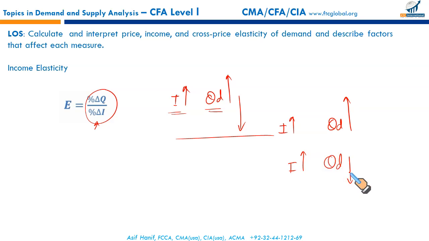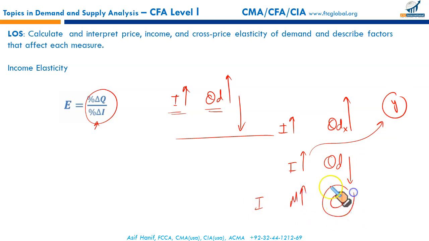Why would it be so? Probably just because I have a higher income level. So instead of purchasing this item X, I have now substituted my spending for another item Y, and I've started buying less quantity. Now just take the example. Let's say if my income goes up, I will start purchasing more mutton, and I will reduce my spending on chicken because I hate chicken. I consider it to be bad food. Maybe some people love it, but I don't like chicken. I love mutton. So if my income goes up, I start purchasing more mutton and start buying less chicken. So for me, this is a normal good, and this is then the inferior good.